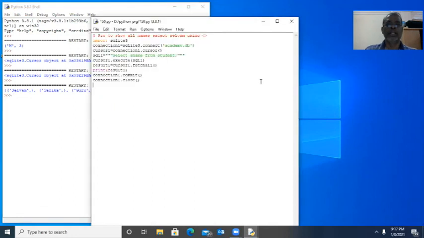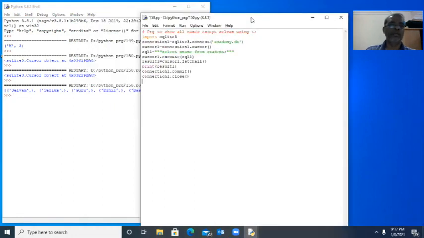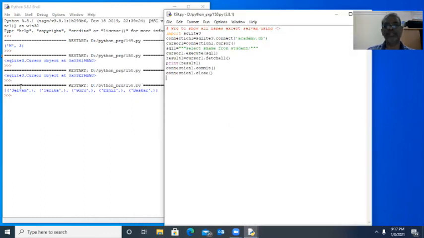Good. Now I want to view all the student names except Selvam. I would like to change here. You know very well we are not using any group by here, any aggregate function here. So where is enough, no need for having clause. Where yes name not equal to, within single quote, Selvam. That's all, very simple. So select yes name from student where yes name not equal to Selvam.